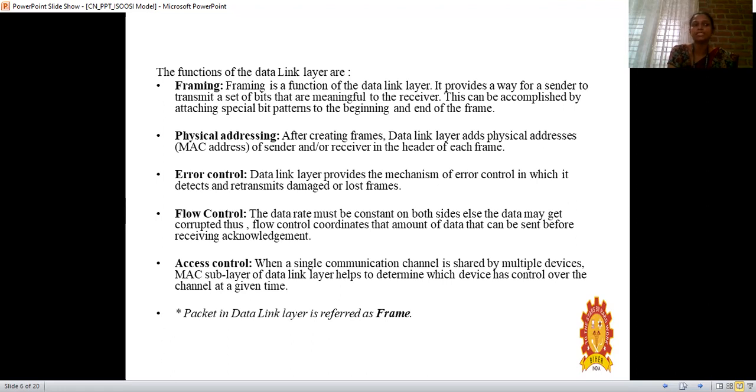Stop and wait means the sender sends the data, the receiver receives the data, then the receiver gives the acknowledgement to the sender. That depends on the data; they will give positive acknowledgement or negative acknowledgement. So that is stop and wait. Once the sender sends the protocol data, the receiver receives the data, and the sender has to wait. That is stop and wait ARQ. ARQ means automatic repeat request. That is done by this error control.